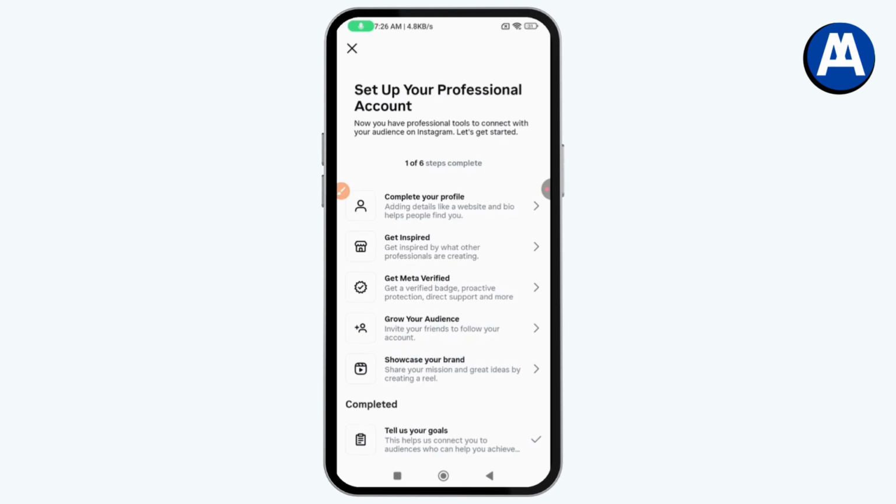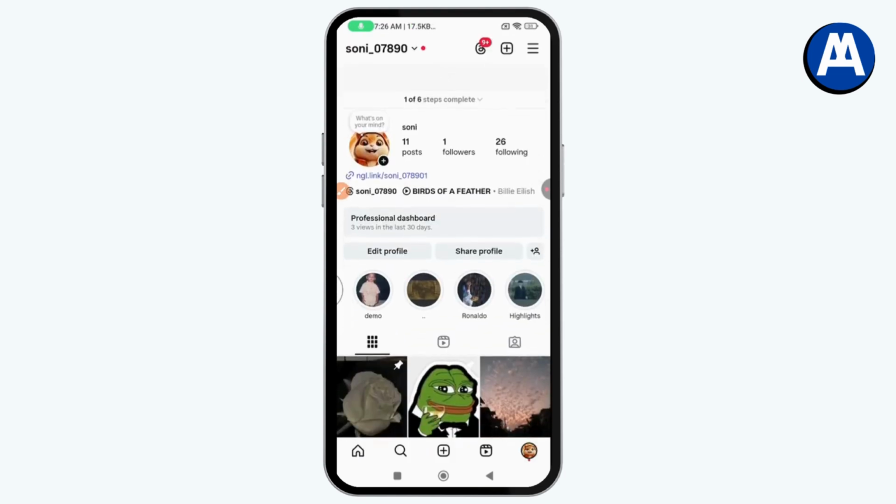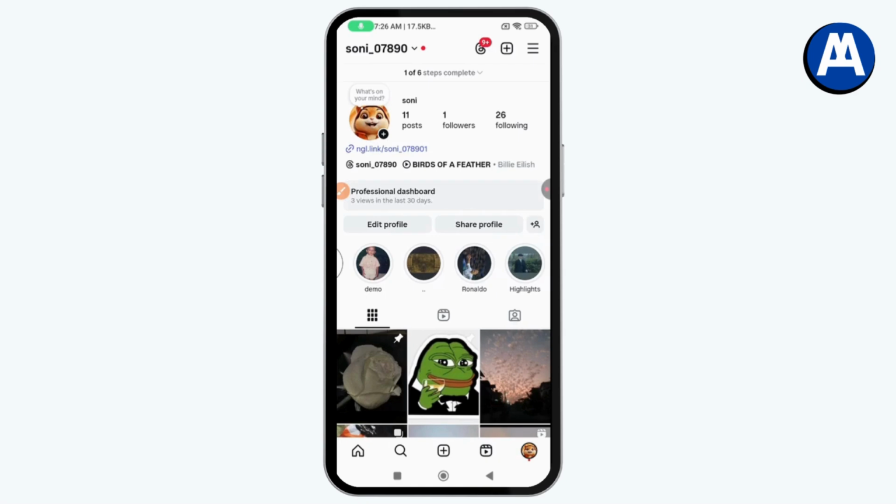Now you can go to your profile. You can complete all of these steps in order to set up your account. So once you've set up, as you can see, you will have your professional dashboard and you will have your professional account. That's how you can switch your Instagram account to a professional account,